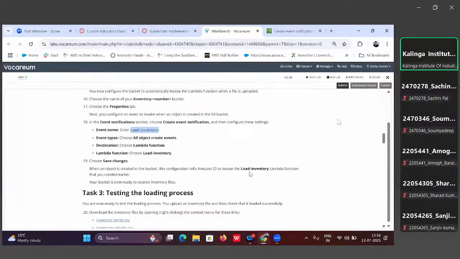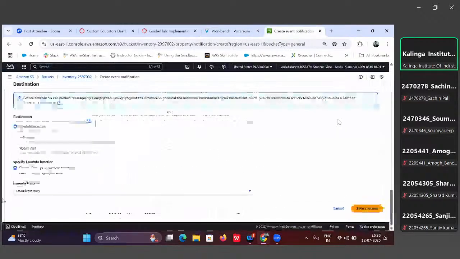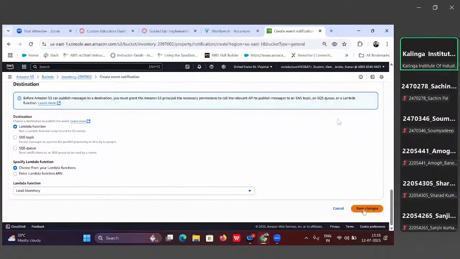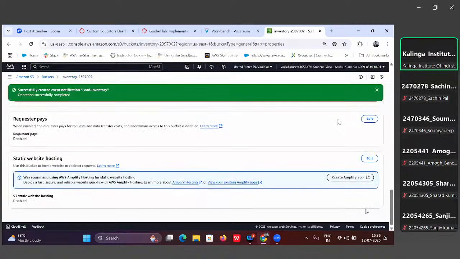So this is done. When an object is created in the bucket, this configuration tells Amazon S3 to invoke the load inventory lambda function that you created earlier. देखो ये एक दूसरे के साथ रिलेट कर दिया हमने बेसिकली लैम्डा फंक्शन को और S3 जो बकेट क्रिएट किया है उसके इवेंट नोटिफिकेशंस को. कि कभी आउट ऑफ स्टॉक होगा या कुछ शॉर्टेज होगा तो ये नोटिफिकेशन आएगा इमीडिएटली। इसके लिए हमने इसको अनेबल किया, इसको ऐड किया उसके साथ।